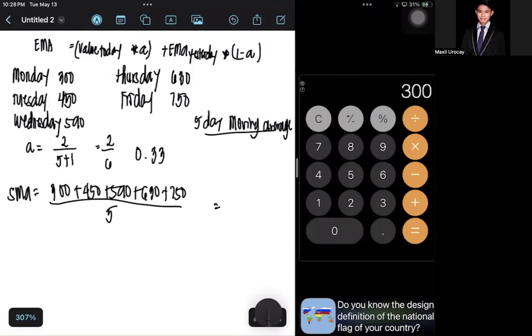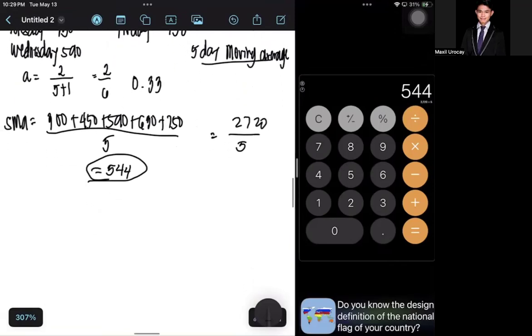So when you calculate that one, the 300 plus 450 plus 590 plus 630 plus 750, that is how you will deal with this calculation. Since you were able to calculate this, 2720 divided by 5, that is basically 544. So this is your data for the SMA. Now for the EMA,